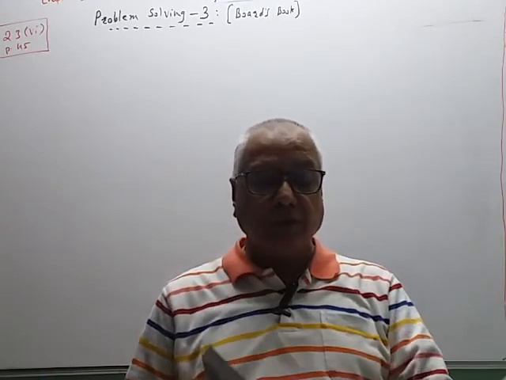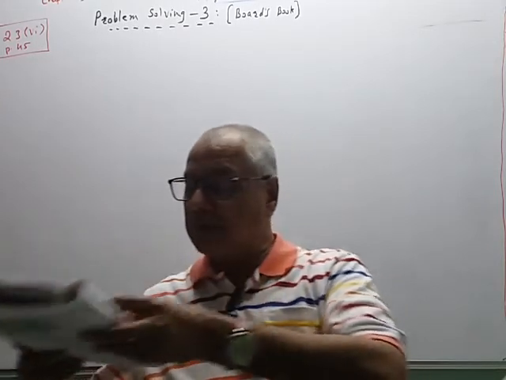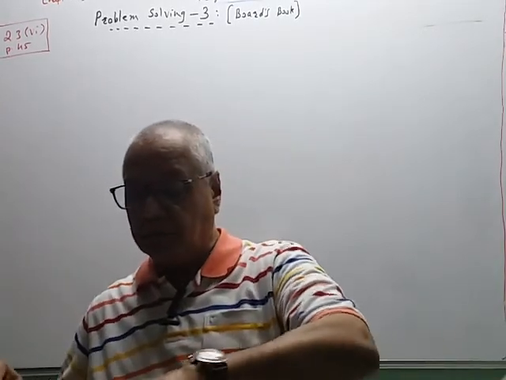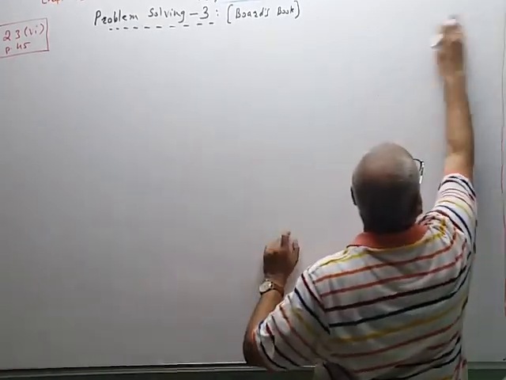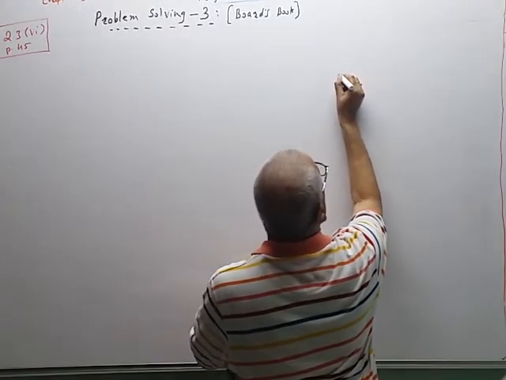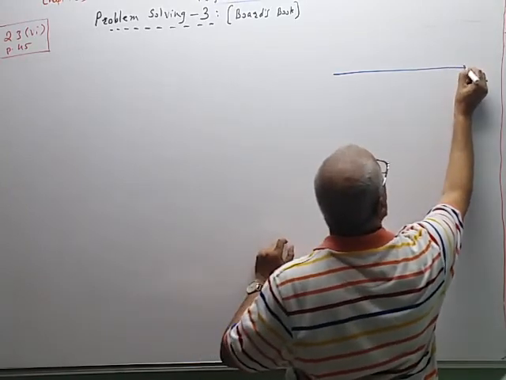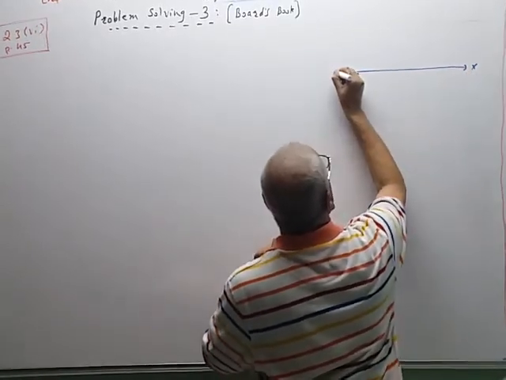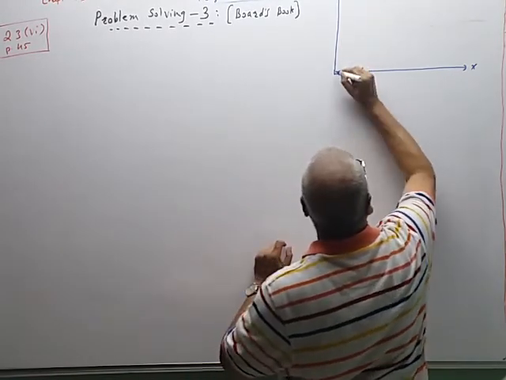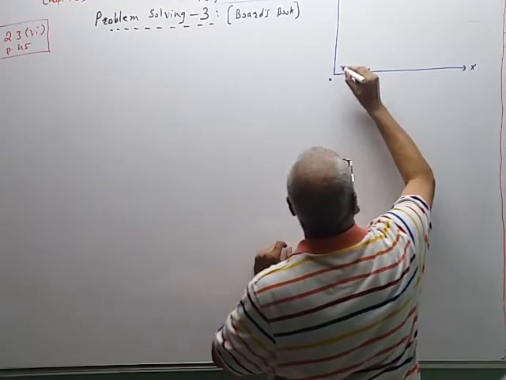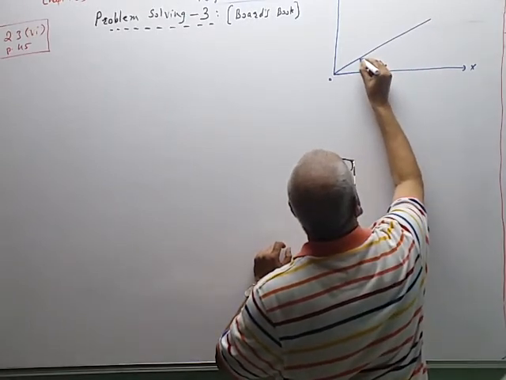Generally we make one mistake. So what is the mistake that we have to see? The arrangement is given like this. Suppose this is the horizontal level, the x-axis, and this is the y-axis. A particle is projected from the origin. This is the inclined plane, and this angle is phi.